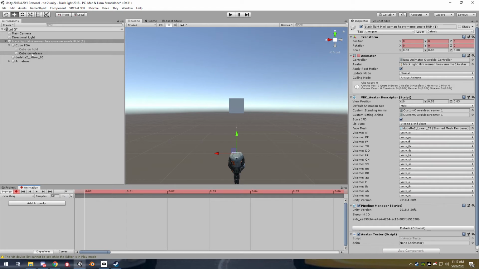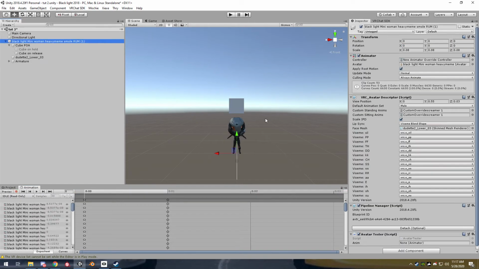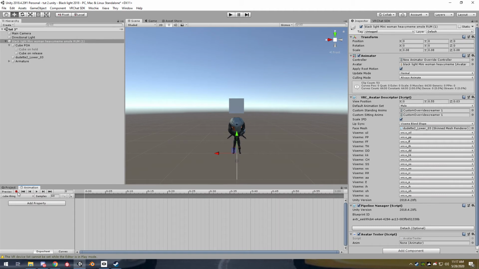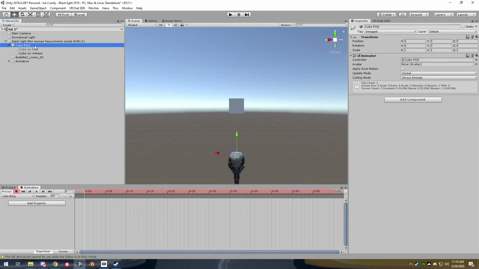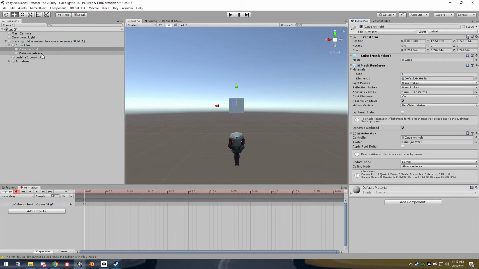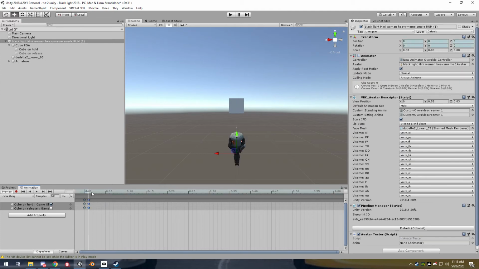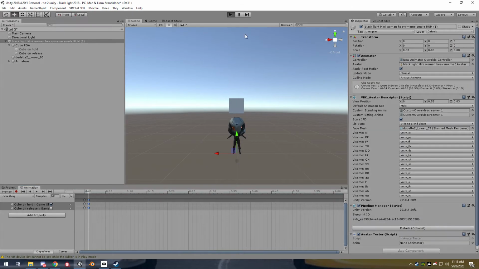The reason why I did it this way is so I can show you why you need this play on awake for avatars, because I'm pretty sure most people don't like their avatars playing random things at the start when they're not supposed to. So this is a way around that. Basically you don't do anything with this. You do the same thing. You have this active, you have this inactive. And then you can just copy these over. So then when we press play, we shouldn't see anything, right? Oh, it's gone now. But then if we do this,